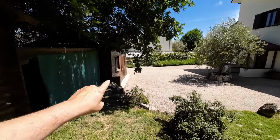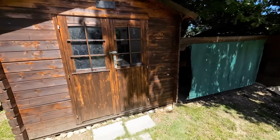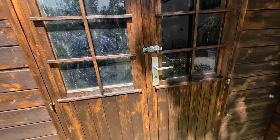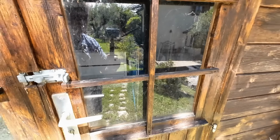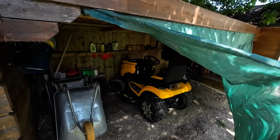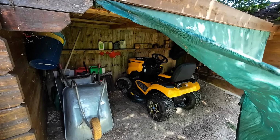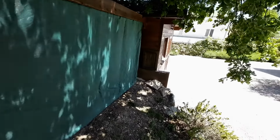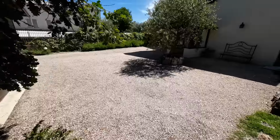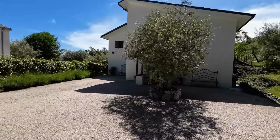Then we have a workshop here, quite a good size workshop, and a smaller one here for lawnmowers and that sort of thing. I don't know if you can see in there. Oh sorry, no, the lawnmower. You can keep things underneath here. Not sure if this lawnmower is staying, but it could be bought separately. Let me have a quick look to see if this other garage is open before we...